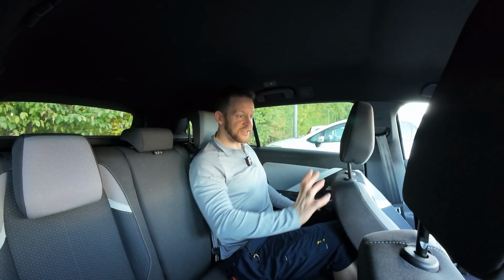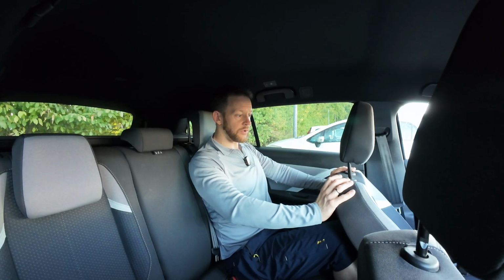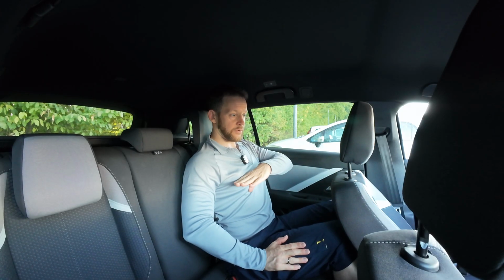But not a huge issue because the contact to the front is nice. The seats are not massive at all and also quite low, like they're only this high. So even for kids, it's easy to see through the car and have contact with the front. So that's nice. What's not so nice, and I'll take this camera and turn it around, is that there is